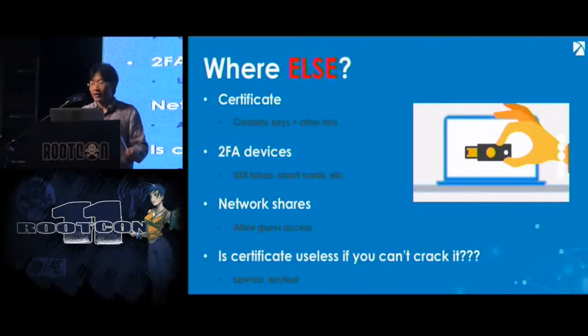Where else can you get the private keys? Private keys can be found inside certificates. A certificate can contain a private key as well as many other pieces of information. Certificates can be stored and encrypted in physical 2FA devices. Sometimes by mistake, users connect their USB tokens to the computer and allow them to be shared as network drives, and they also allow guest access. Therefore, sometimes during a test, when you mount these network drives, you might find some interesting certificates or key files